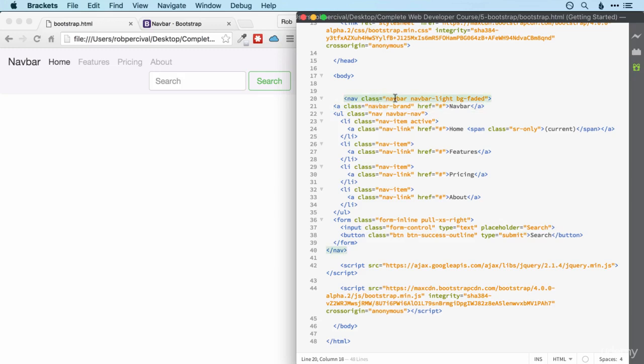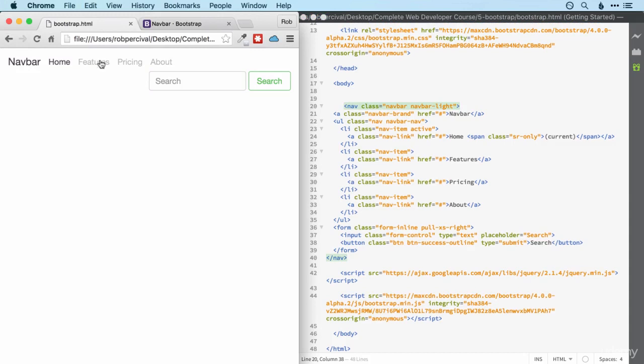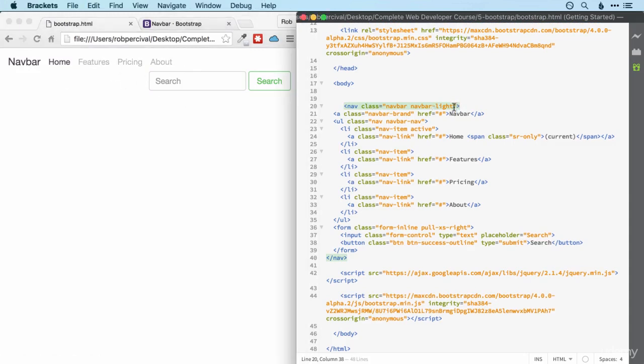All right, now we've got our string of classes, and we'll see this again and again in Bootstrap, that you have a certain class to define what this component is. So in this case, a navbar. And then you have some customized classes which change the look or the behavior of that element. So here we've got navbar-light and bg-faded. So feel free to experiment. If we get rid of bg-faded, then we have the same effect but with no background essentially. If we put that back in,